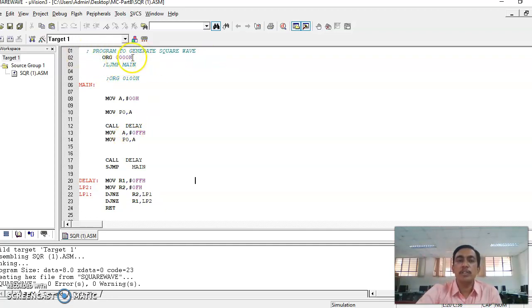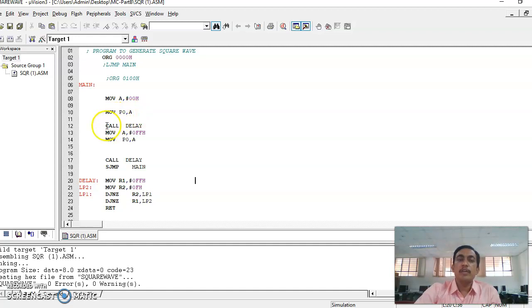We will see the logic used in this program. ORG 00H means the program starts at address 00H. First we move the immediate value 00H to the accumulator, so the accumulator gets the value 00H. Then MOV P0, A: the same value 00H is sent to port 0. Port 0 here acts as an output port. Whatever data comes from port 0 of the 8051 goes to the DAC inputs D0 to D7 of the DAC 0808 chip, which converts the digital signal to the equivalent analog value.